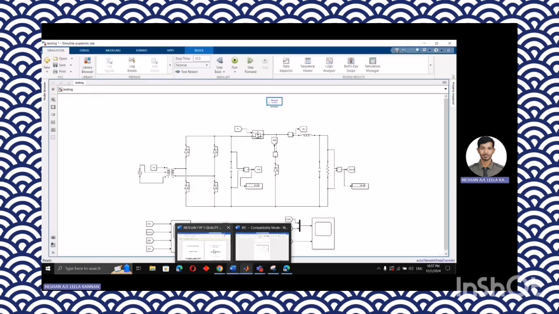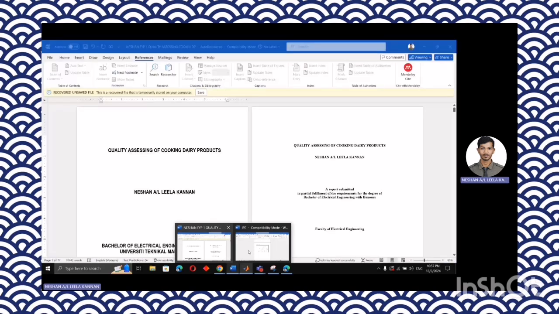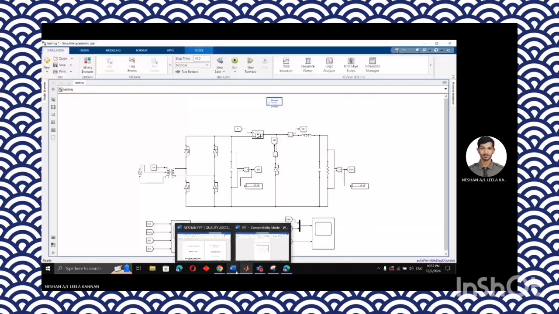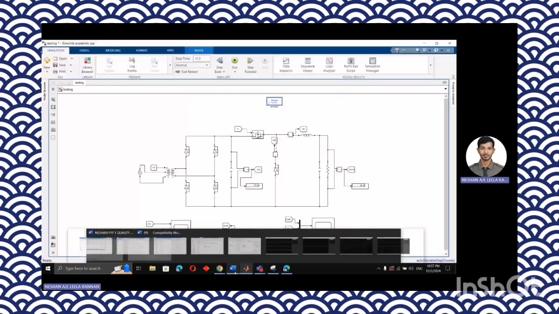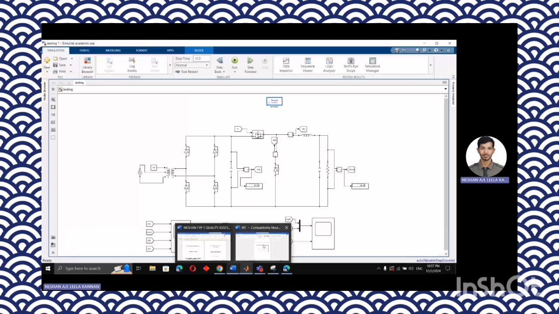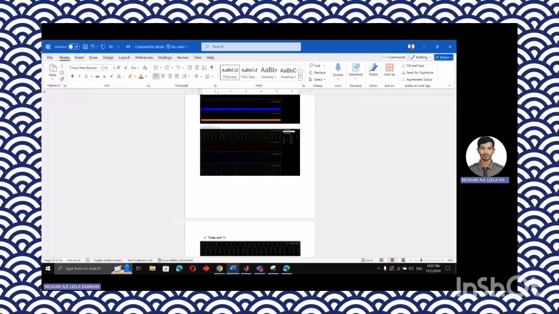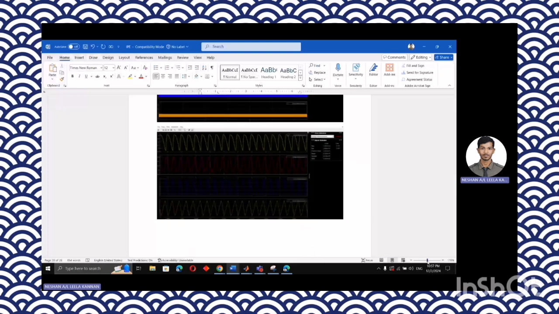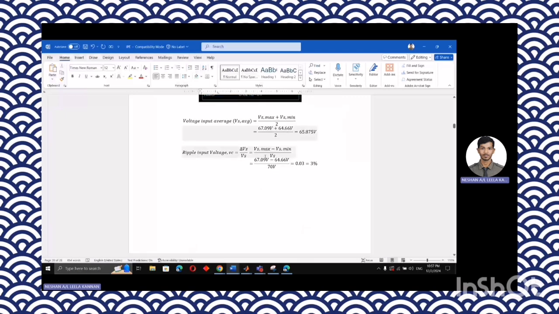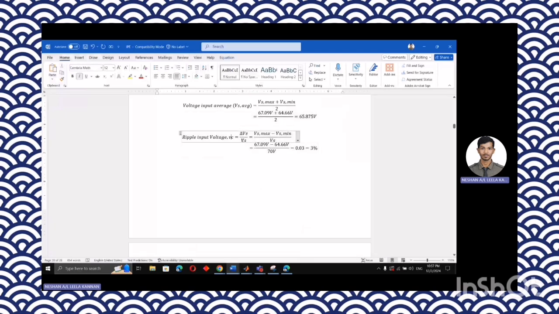question, because before that I'll explain about something in the third Roman first. So when designing, okay, we got the result like this. So we calculate the input voltage average and ripple input voltage. We get 65.7, and the RC we got 3. Then voltage output we got average output is 39.25, and the